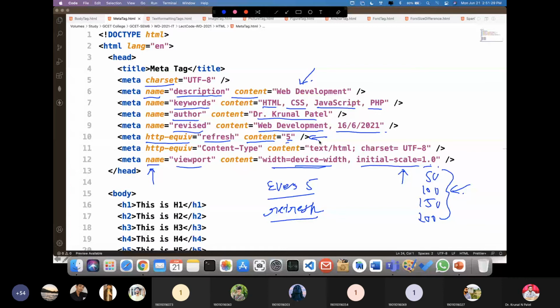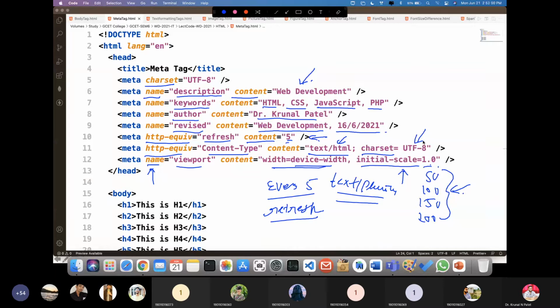The next important thing is you can define the content type, right? So what is the content type? Content type is equal to text/html or text/plain, right? The MIME types we discussed in our previous session can all be your content type. In that, I want to define my character set as UTF-8.